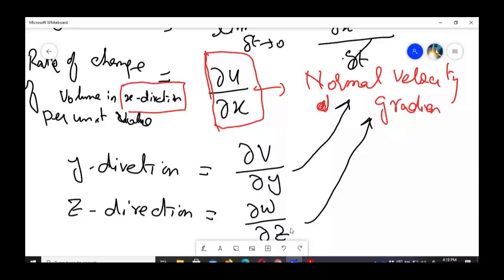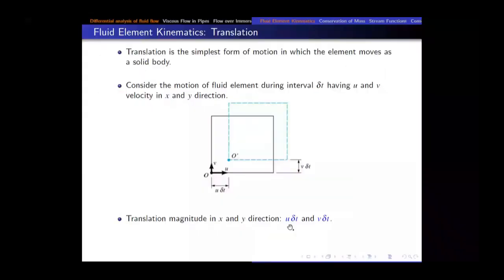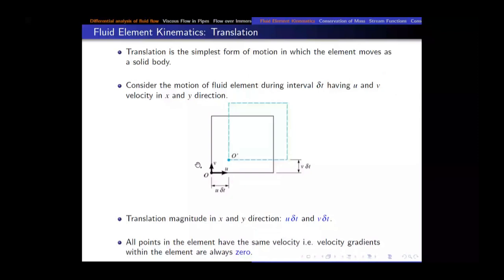तो अब अगर आप देखें, ये ट्रांसलेशन तो काफी सिंपल थी कि उसमें जैसे मैंने बताया था कि u और v की जो वैल्यू है वो हर जगह पर वही रहती है, तो वो ट्रांसलेट कर देता है। और जो डिस्टेंस ट्रांसलेशन का निकालना हो कि डिस्प्लेस कितना हुआ है, तो u इंटू डेल्टा t किया जा सकता है। और लास्ट पॉइंट, ऑल पॉइंट्स इन द एलिमेंट हैव द सेम वेलोसिटी। वेलोसिटी ग्रेडियंट्स विदिन द एलिमेंट आर ऑलवेज जीरो, यानी ना ही कोई नॉर्मल वेलोसिटी ग्रेडियंट होगा और ना ही कोई टेंजेंशियल वेलोसिटी ग्रेडियंट होगा।